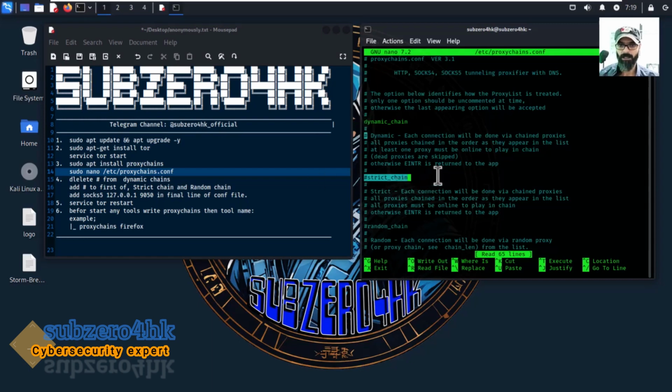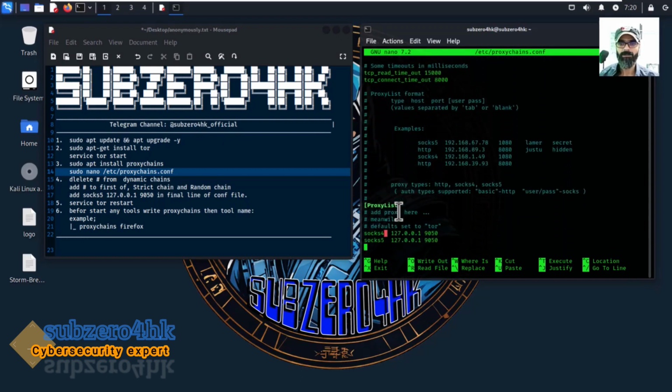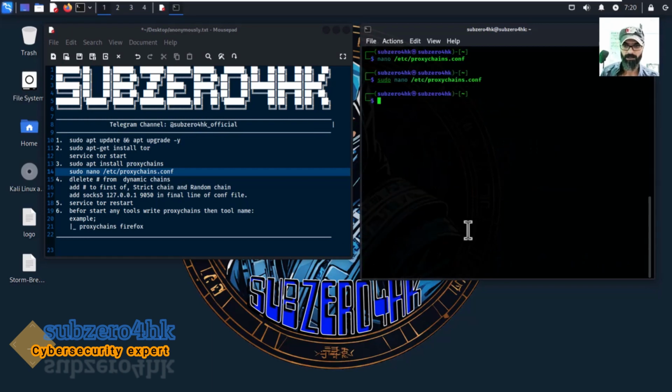Come a little bit down and find the random chain. Add a hashtag to random chain if random chain doesn't have a hashtag. Once you add a hashtag to random chain, you should come to the bottom of the page. Here, if your file doesn't have socks5 with this IP address, you should add this IP address under socks4. Once your job is finished, Control X, Y, Enter to save